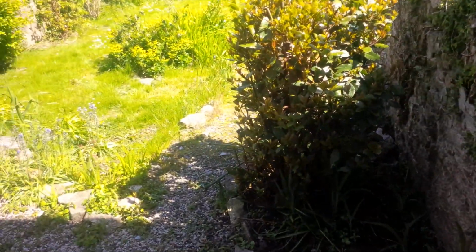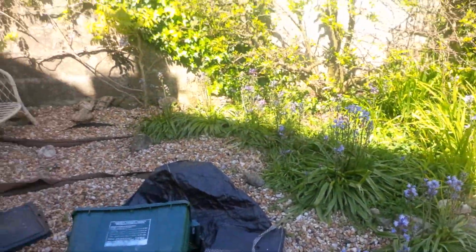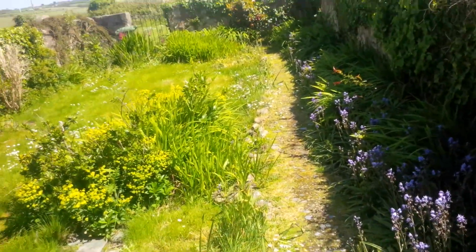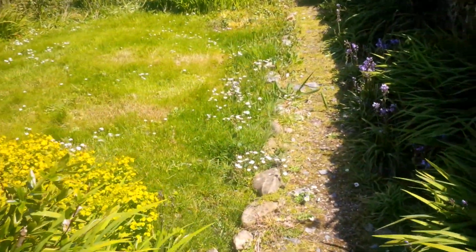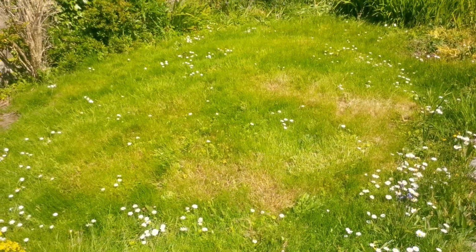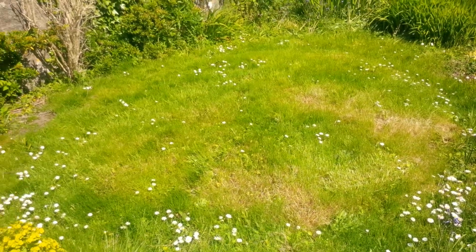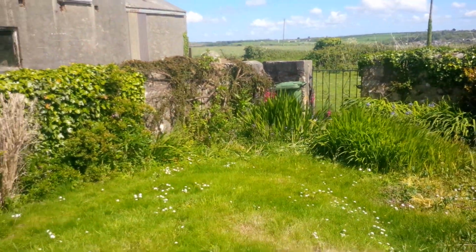And then the front garden, which in many ways is much more convenient for a barbecue, because there's a bit of a gravelled area here where it can be put. And then there's a nice grassy knoll here. It seems to be slightly raised up from the rest of the garden, which was mowed a week ago or so, just this little bit. So I thought of having the barbecue right here, slap bang in the middle, with chairs all around, and well, it's just lovely. But of course this is